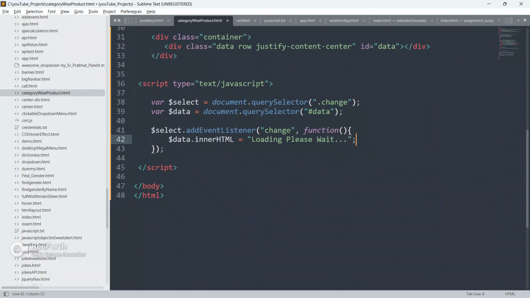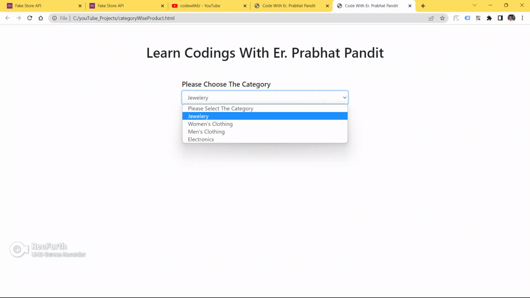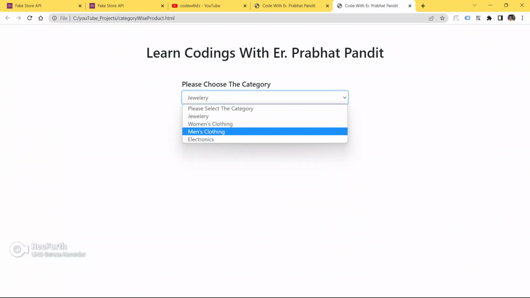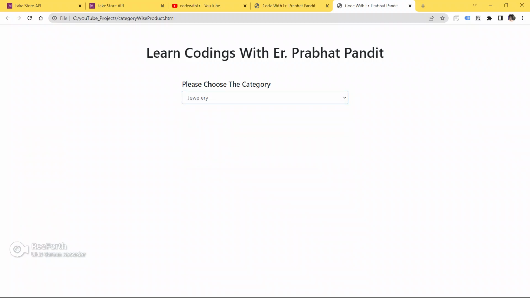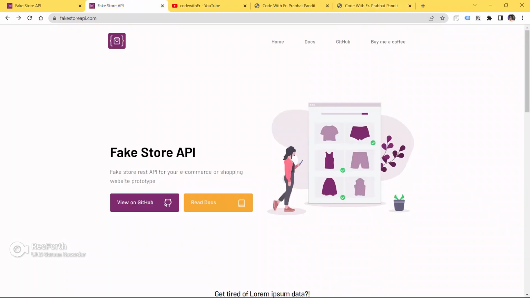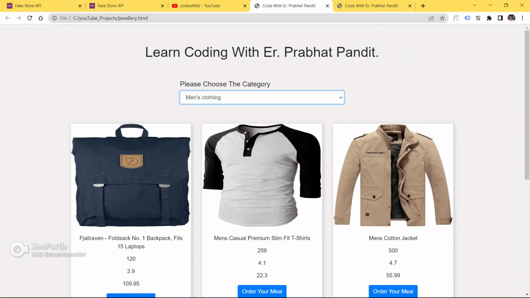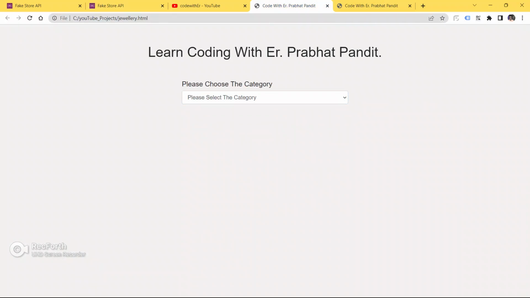Loading, please wait. Let me show you what I have done here in the example. For data dot inner HTML, I have given loading, please wait. In this div we are first going to show loading, please wait when someone is about to change the category from the select box. Then we will show the message please wait while the server is fetching the product from this REST API.